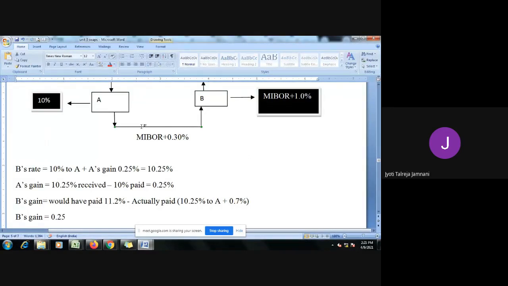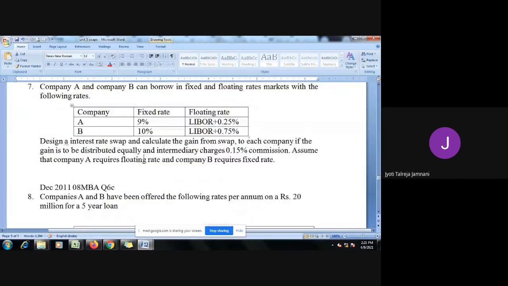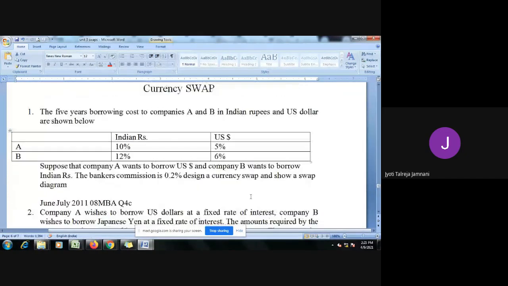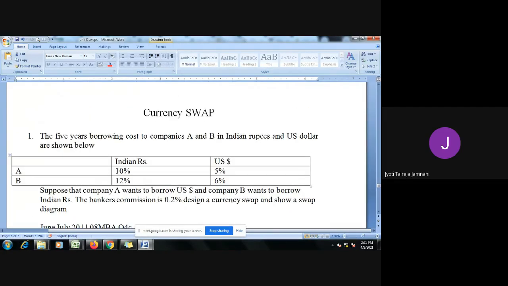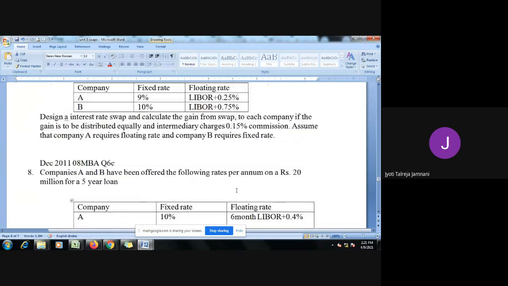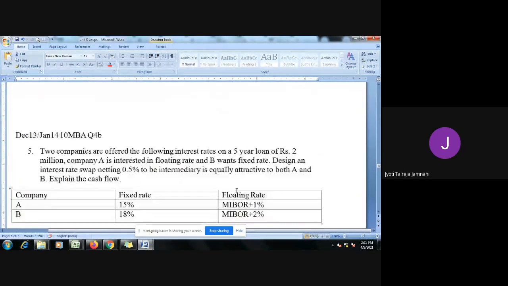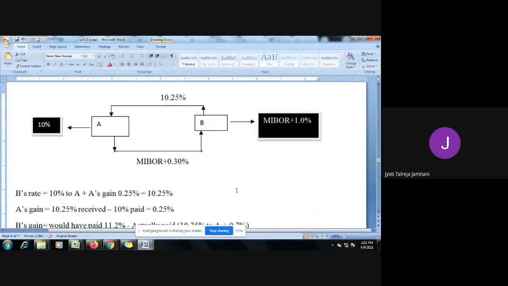Okay, don't try to solve all the sums, because when we go to currency swap now the question changes. If you look at it, for currency swap there is no MIBOR or LIBOR, both the rates are fixed. So how to solve this? There's a different method. We cannot use the similar above technique. So currency swap is a different way to solve, which we will do in the class after finishing the interest rate swap. Any doubts, anybody? You can ask. Otherwise, we'll wind up the class for today.